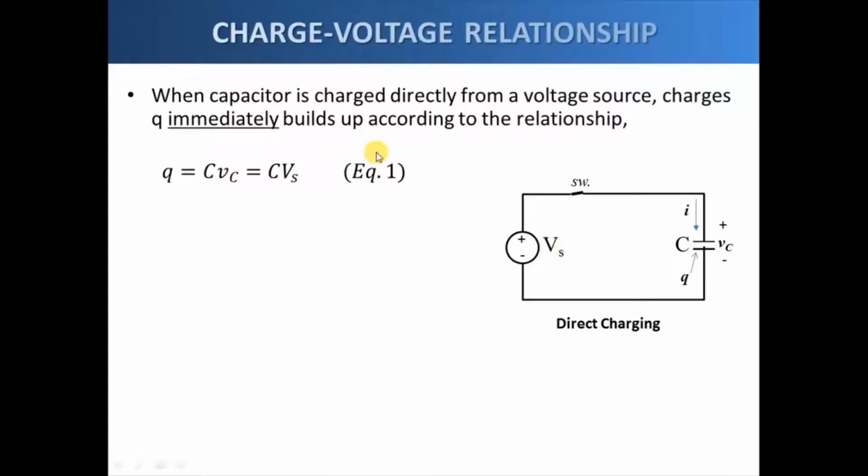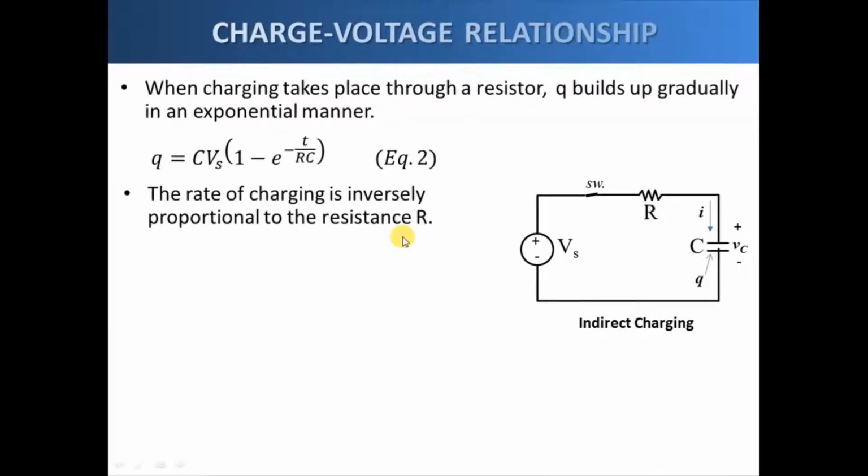Now, if we do this, the capacitor will actually charge immediately with Q equal to the relationship that we have covered earlier, which is C times the voltage applied to the capacitor. Since V sub C is equal to V sub S, we have the Q stored on the capacitor as C V sub S. Now let's say we charge the capacitor